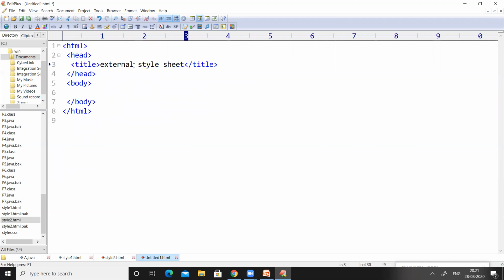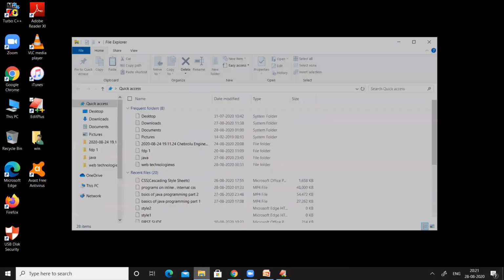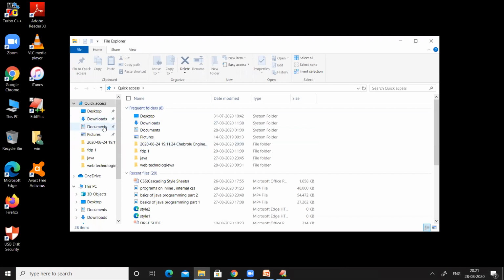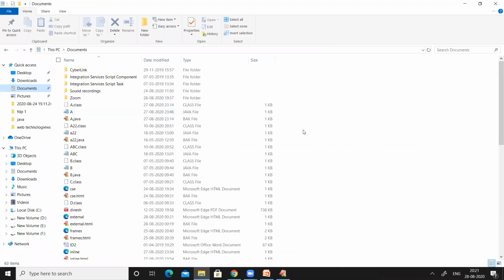I want the title of my web page as external style sheet. Okay, so before going to write this HTML code, let us write the CSS code. Later on, we can move to the HTML code.